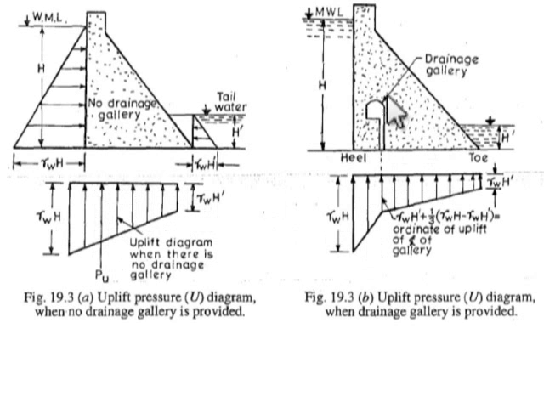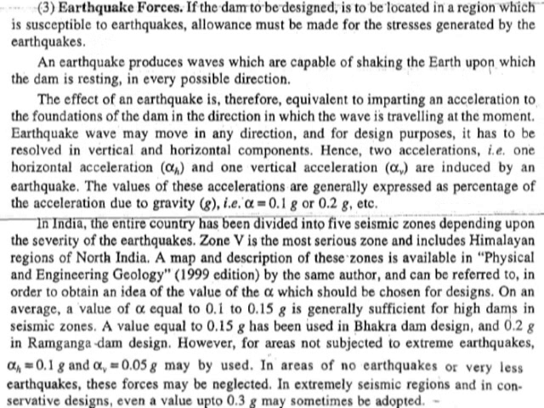Now if there is a drainage gallery in the dam, then it will reduce the seepage pressure, that is, reduce the uplift pressure. So how much does it reduce? It is given by the code. It is a fixed formula: if a drainage gallery is provided, the pressure at the gallery will be gamma h prime plus 1/3 of gamma h minus gamma h prime, that is, 1/3 of this value will be added to this pressure. You just remember this formula and you will get this.